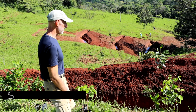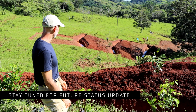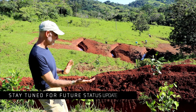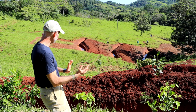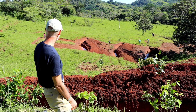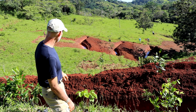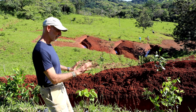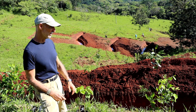I'm excited. I hadn't actually been here in a week. I've been so busy on the other side over there. It's great to get here and see what they're doing. Again, there's some things we're going to have to adjust a little bit, but you can see they're making great progress, and you can see they're taking the grass off here because the idea is to build soil. The grass actually competes with fruit trees. And what we want to do instead is create